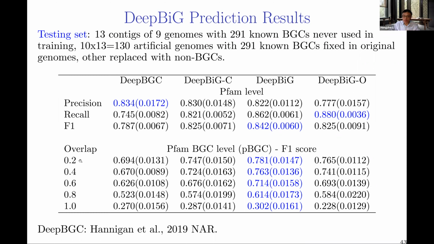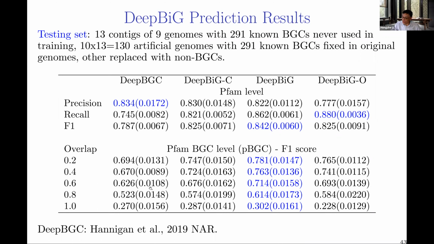If it overlaps 20%, you count it as a right prediction, and this is the result. If there is complete overlap between the predicted BGC and the true BGC, this is the performance. And what you see here, the numbers are the F1 score. You compare our algorithm for binary prediction with the original DeepBGC, and you see a nice